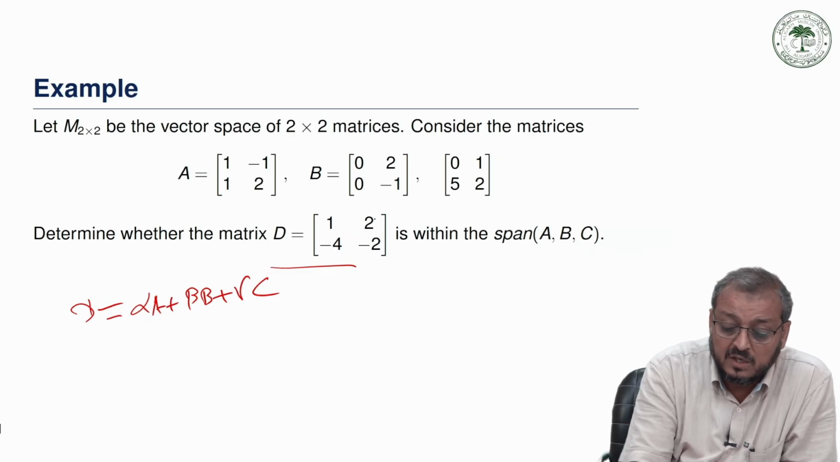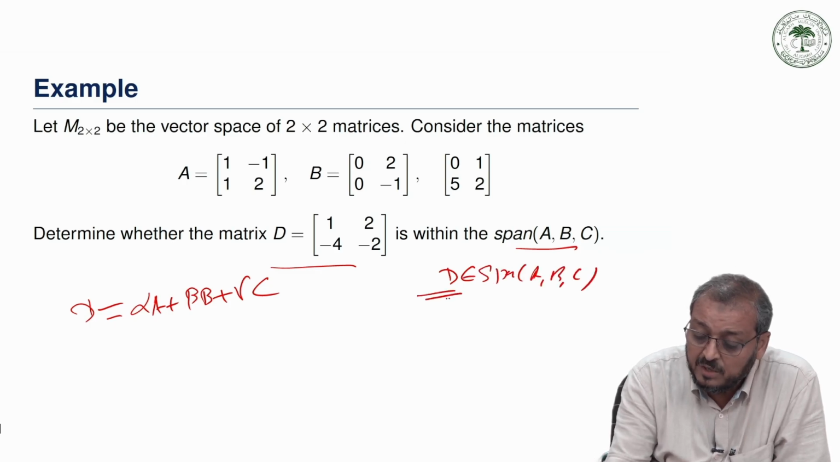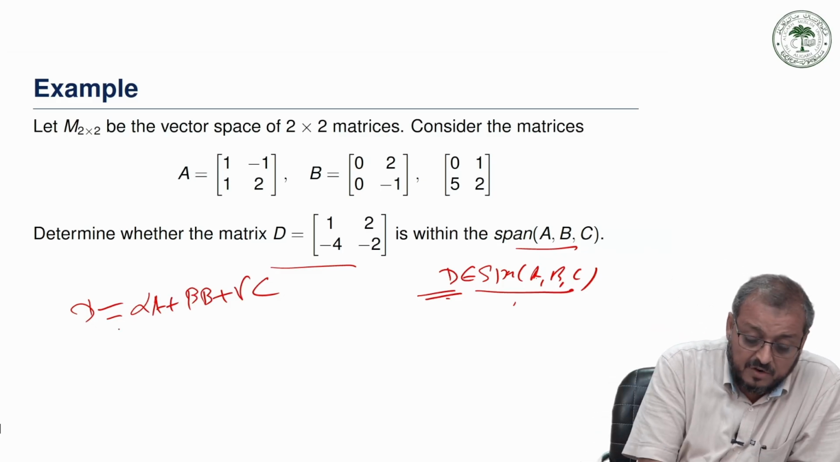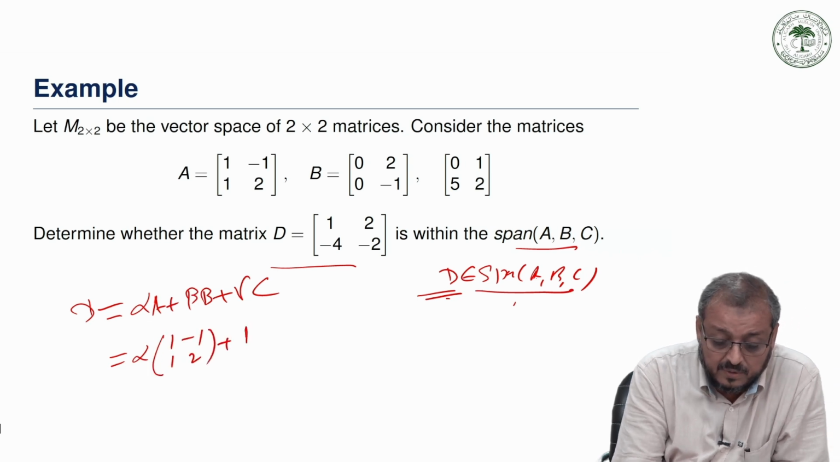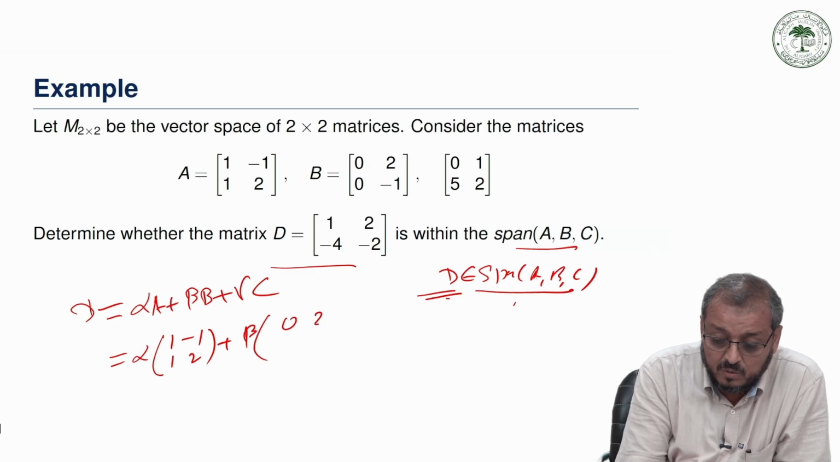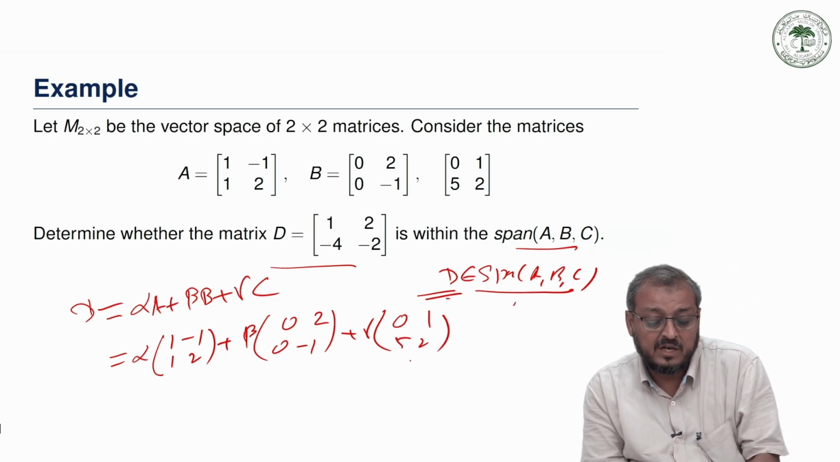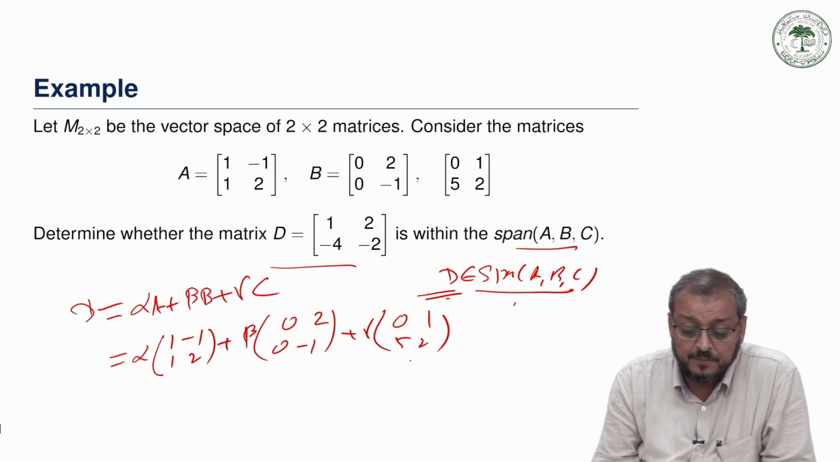If D belongs to the span of A, B, C, then D can be written as a finite linear combination of the elements A, B, C. If D is written in this form, we have A as 1, minus 1, 1, 2, plus beta times 0, 2, 0, minus 1, plus gamma times 0, 1, 5, 2. If we find values of alpha, beta, gamma which satisfy this and give D,